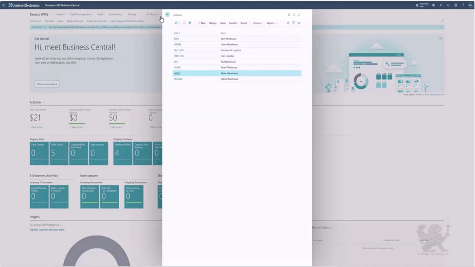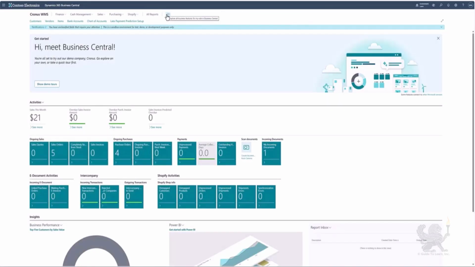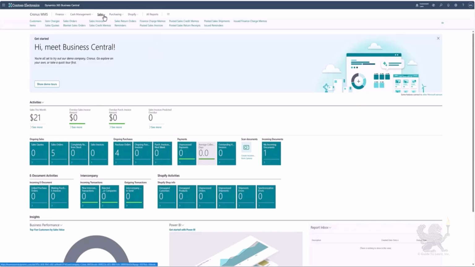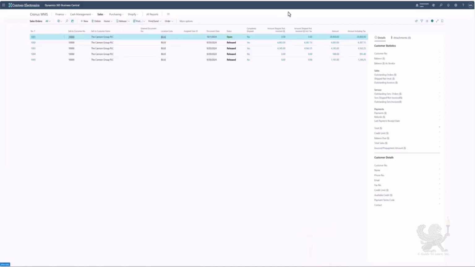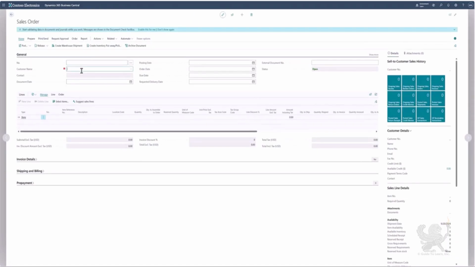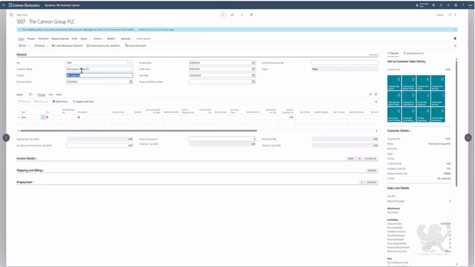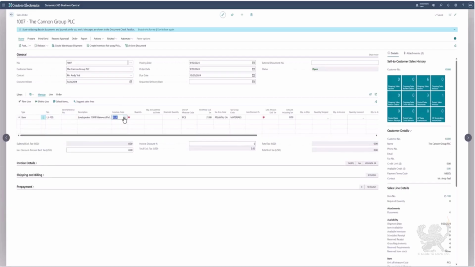Okay, so let's now create a sales order so we can see how the whole process works. So I will navigate to sales orders, or I can navigate through tell me and search for sales order. And I'll create a new sales order. Okay, and I will add 10,000. Okay, and here I will enter my item LS100. I will change my location to white